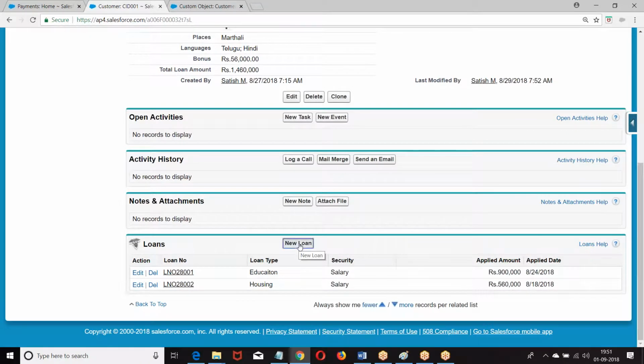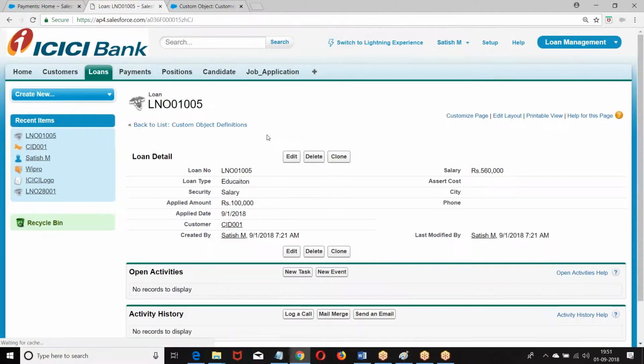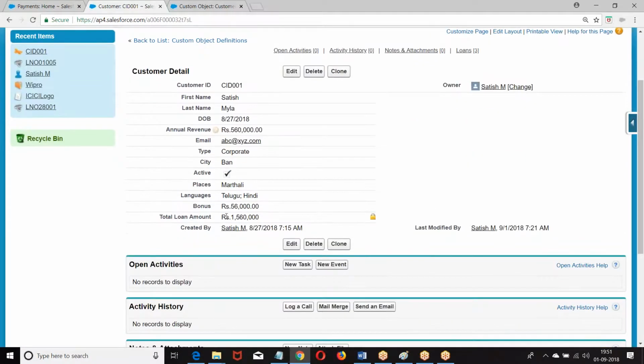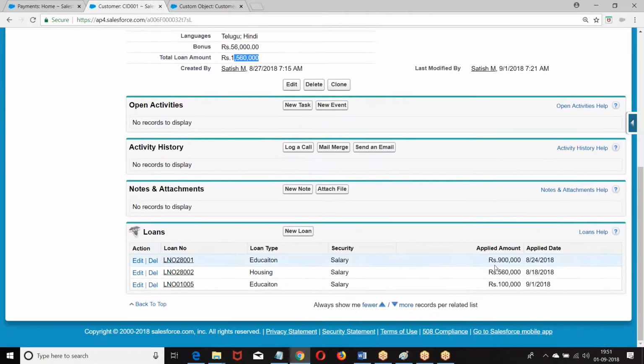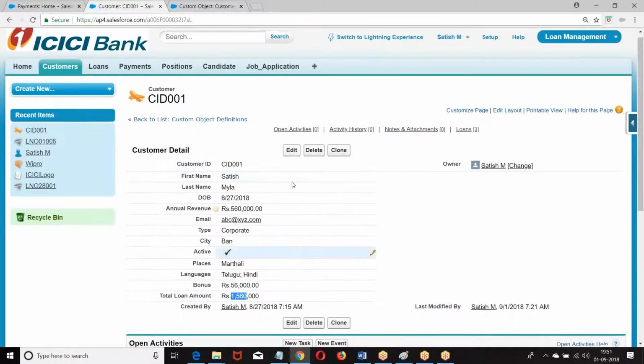I am creating one more record. Total loan amount 1 lakh. So previously it was 9 lakhs, 5 lakhs 60, and now 1 lakh. So what are we getting here? 15 lakhs, right?